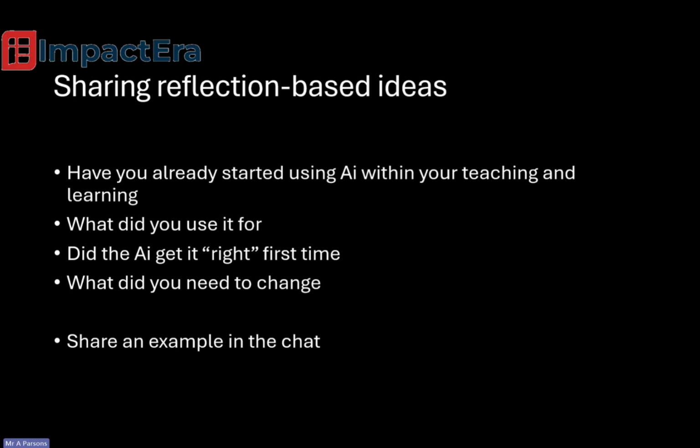You might write your prompt to begin with, but don't necessarily expect it to get it right. Look at what it might change, what might have to be done differently. So again, a little bit of a break from me. How have you used AI, especially that first time? How did it go? What did you do with it? Did you get results? Did it work well? Almost more importantly, if it didn't work well, why not? Because that's how we learn.